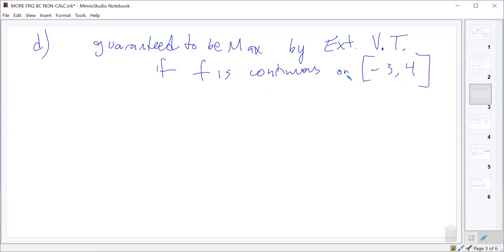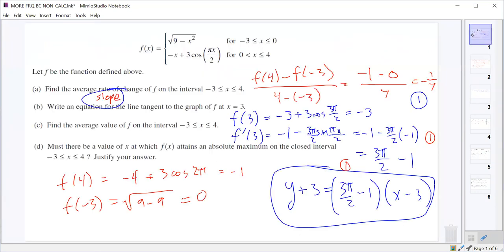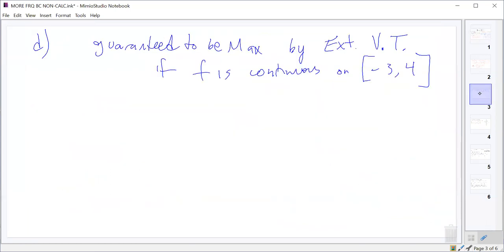So if f is continuous on -3 to 4, it's guaranteed to have a maximum. If we look at our functions, clearly from -3 to 0, this function is continuous and defined, and clearly from 0 to 4, this function is continuous and defined. Right? It's defined and continuous on both intervals. So the only place where it might not be continuous is where these two pieces join up at x equals 0. So we'll use the definition of continuity to determine if the function is